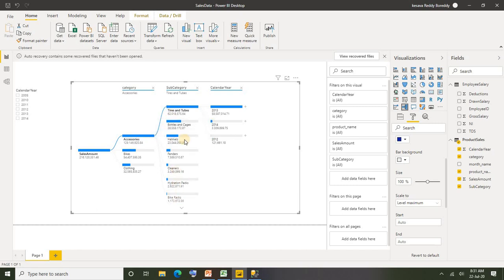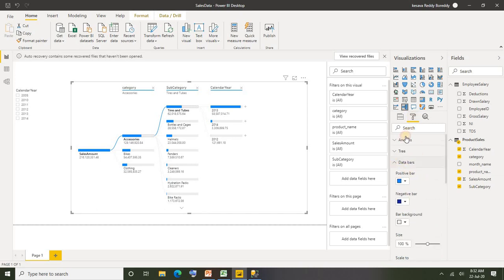If you go to child metrics, it's not clear how much is the contribution towards your parent from this metric, right? If you want to convert that to parent node, now it will show you clearly the contribution of this metric towards this parent, and this metric contribution and this metric contribution, like this. Okay, so however you want to visualize your data, you can go ahead and do that.